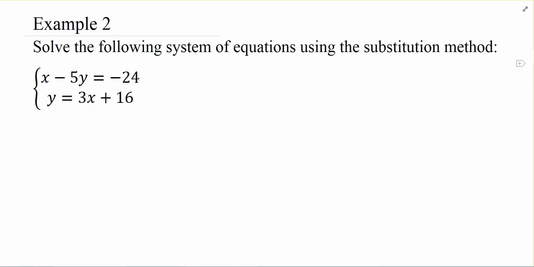Let's step it up in difficulty a little bit. So in this one here, we do have a y equals already. That's what we want to look for. When using substitution, you want to look and say, do I already have one of the equations solved for either x or for y? It doesn't matter which one. If not, can I easily get there? So in this case, we do already have it solved for y.